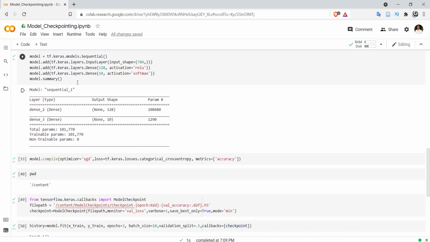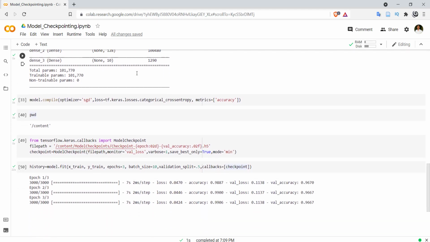Okay, after that we have created a small model. First is the input layer. It is just taking 784 values to perform the handwritten digit recognition activity. After that we have created a dense layer of size 128, and in the last layer we have 10 neurons, and the activation function is softmax since it is a multi-class classification problem.